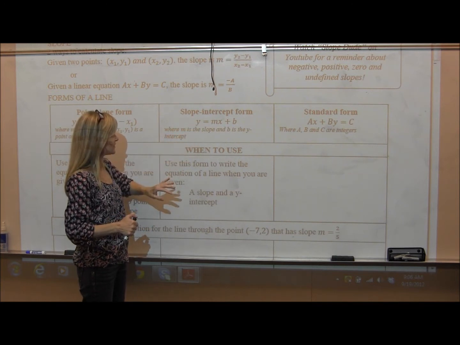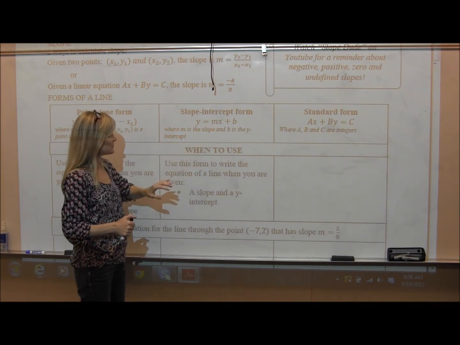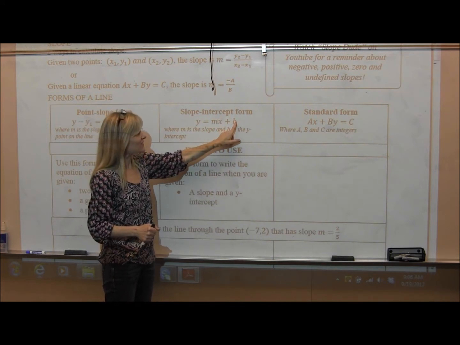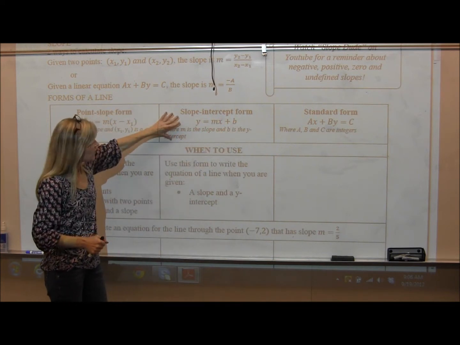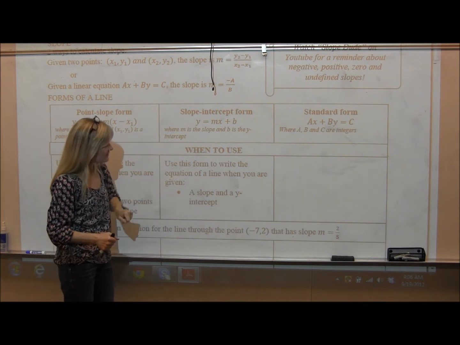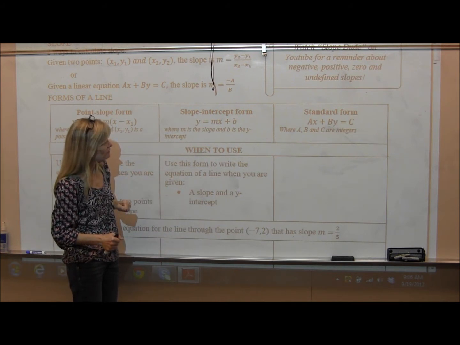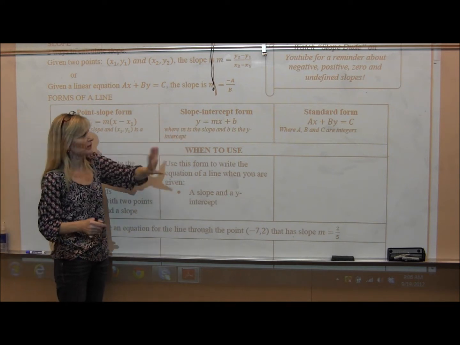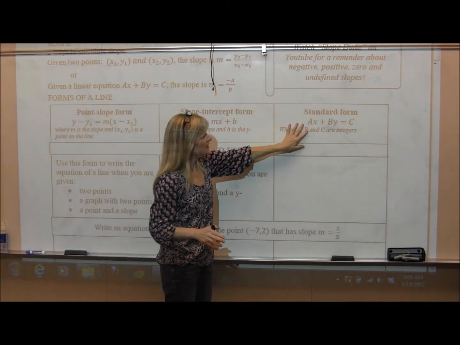Get y on the left all by itself, and have the x term come first, because then we can identify our slope, which is m, and the y-intercept. So you want to use this when you're given a slope and a y-intercept. We're also going to talk about the most efficient way to graph each form. And this one,